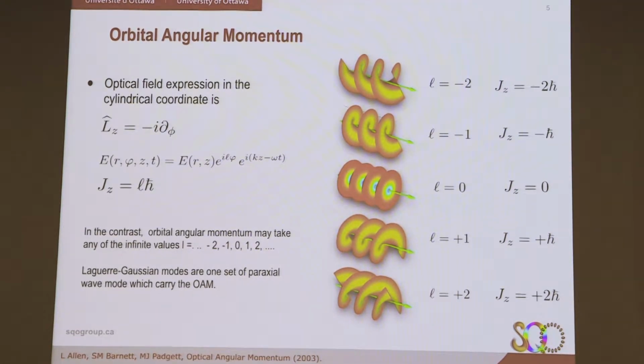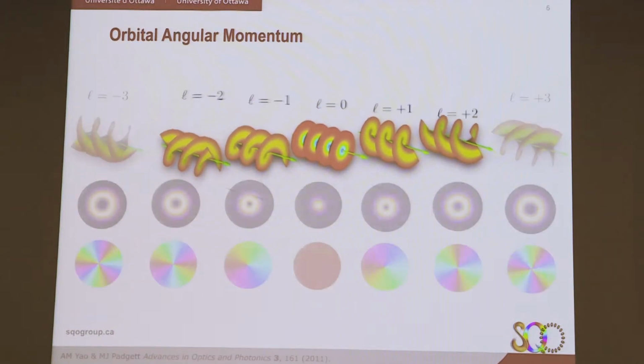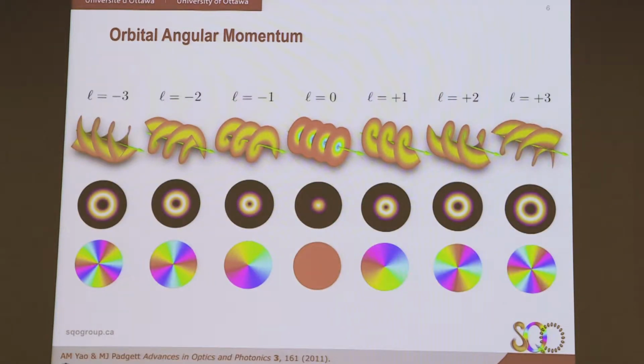And the good point here is that, unlike polarization, it is unbounded. It can change from minus, let's say, 100 or 200, and the record, I think, is 10,010 currently in the world. And if we look at the intensity of these beams, it looks like